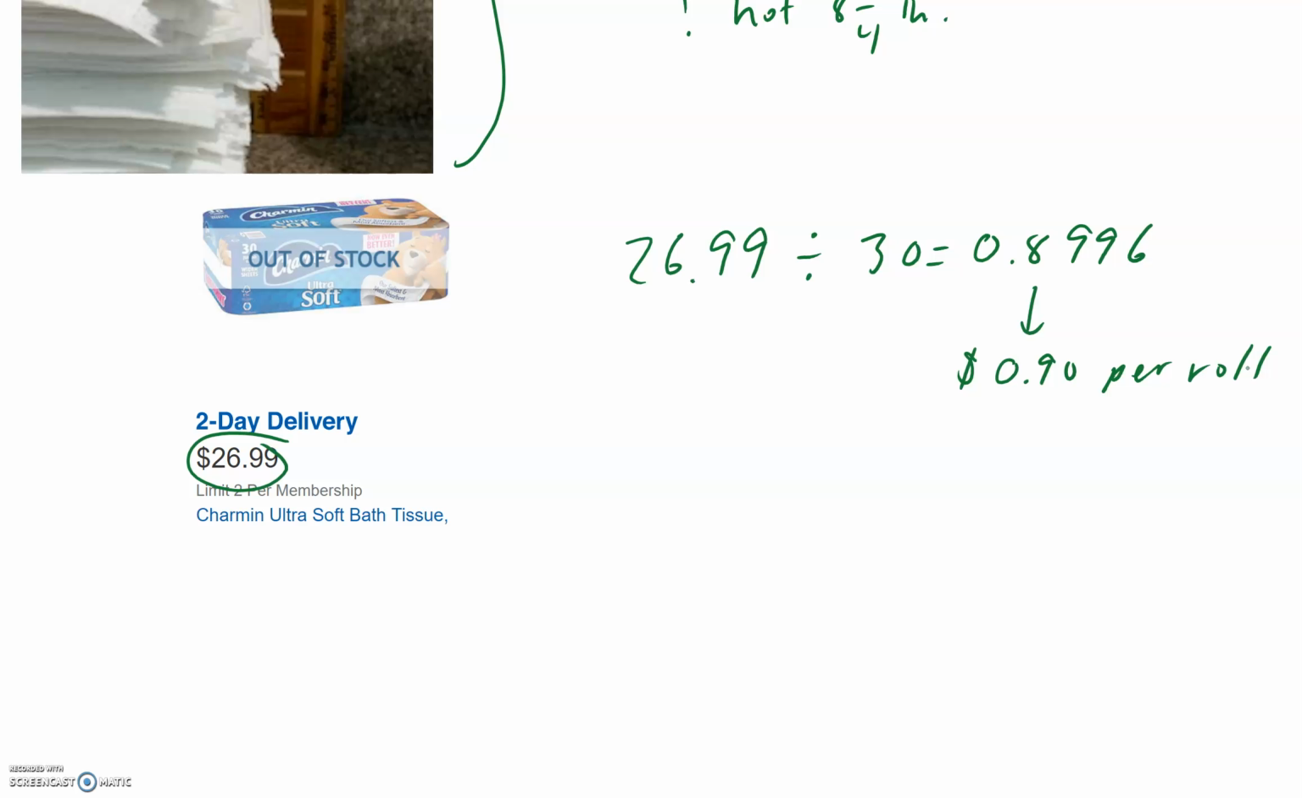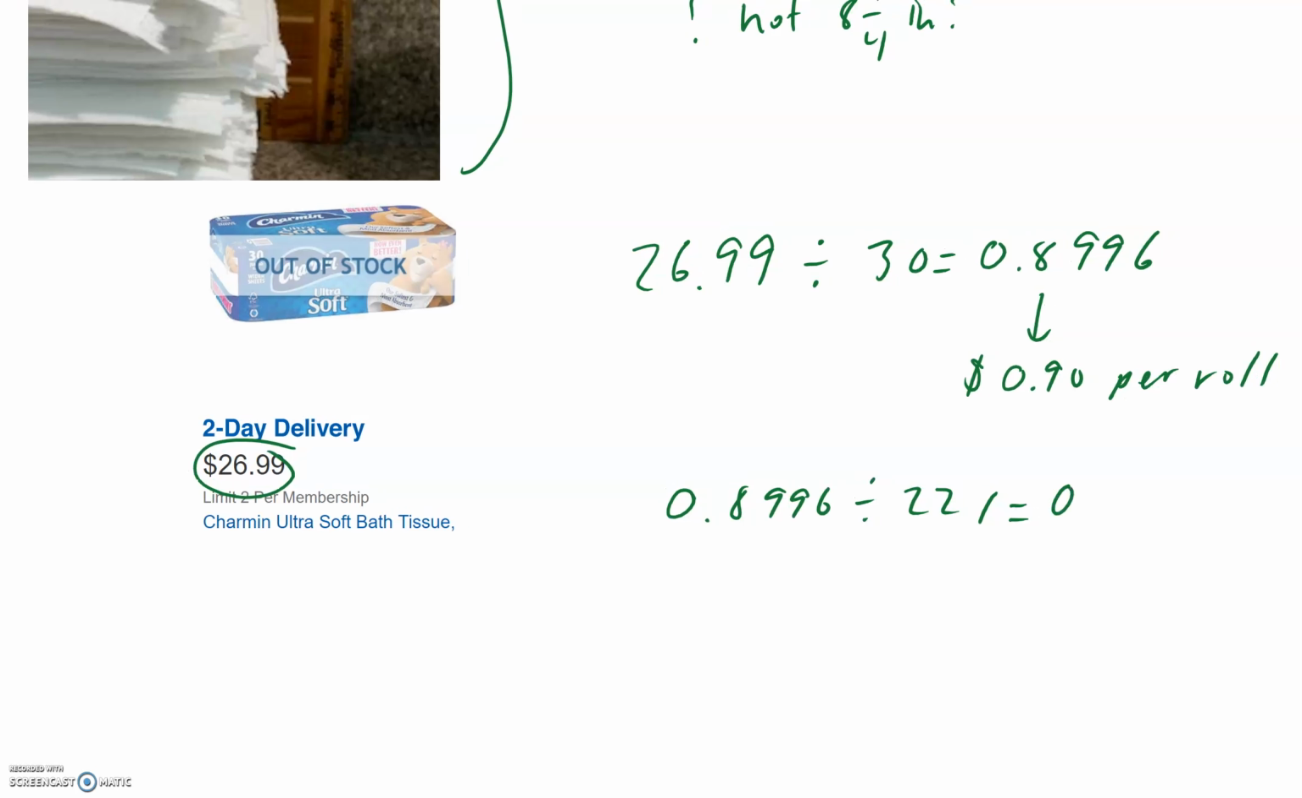And then if I want to figure out per sheet, I'm going to take that 0.8996 to make it even more exact, and I'm going to divide it by 221, and I got 0.004 0